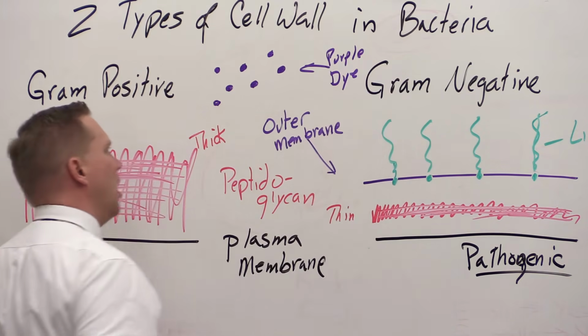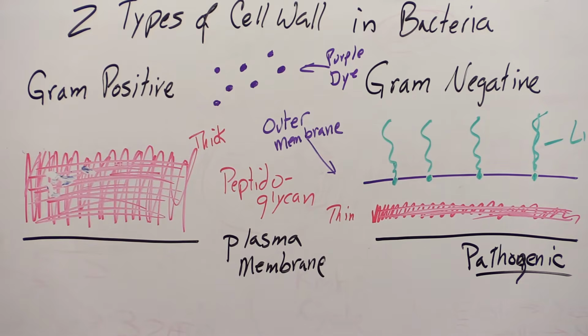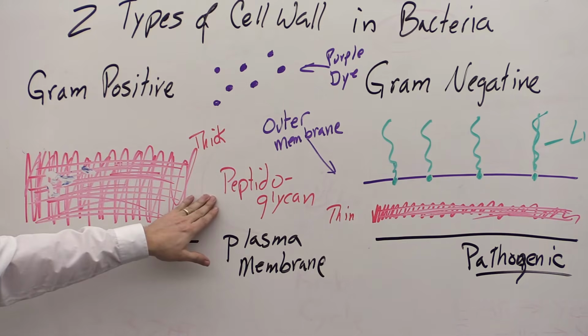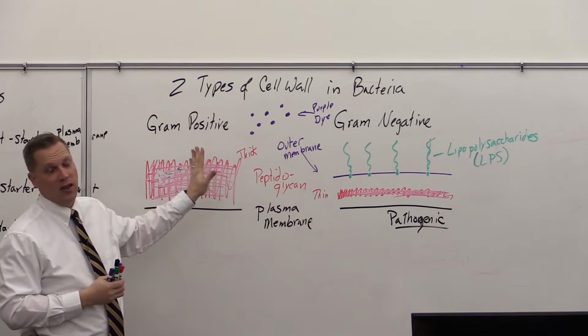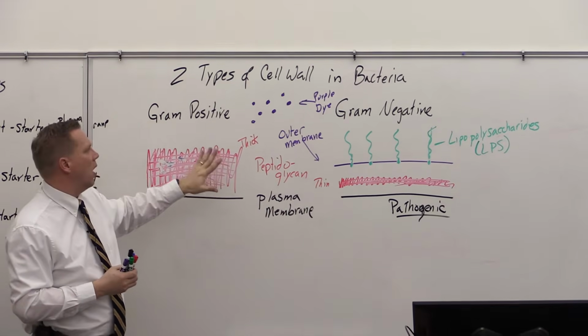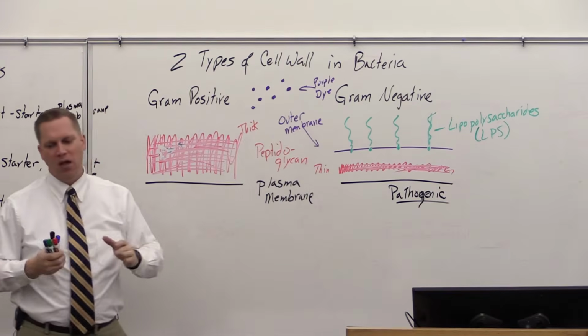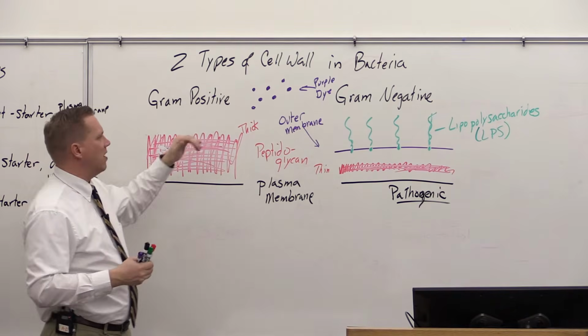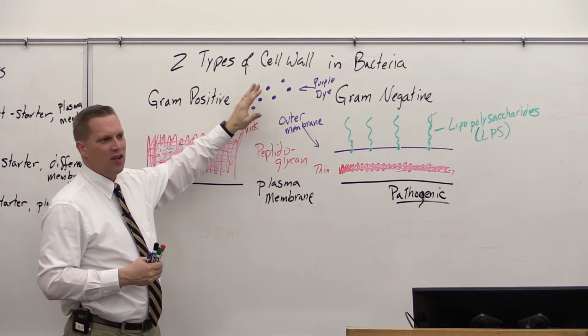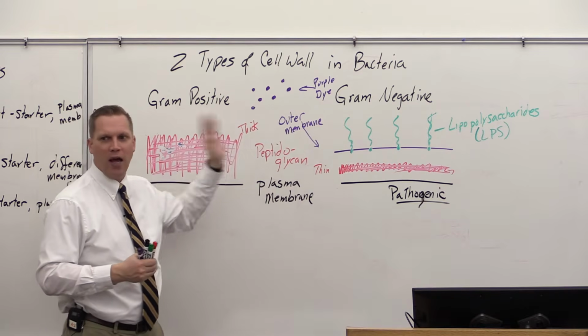So it's an iodine-based dye. We don't know exactly why or how. We still, after looking at it a long time, don't know exactly why it works. We just know that it works and that you can characterize the cells by adding this purple dye. What I'm about to give you is not so much scientific fact as it is a good explanation that you can remember to help you remember how each type is